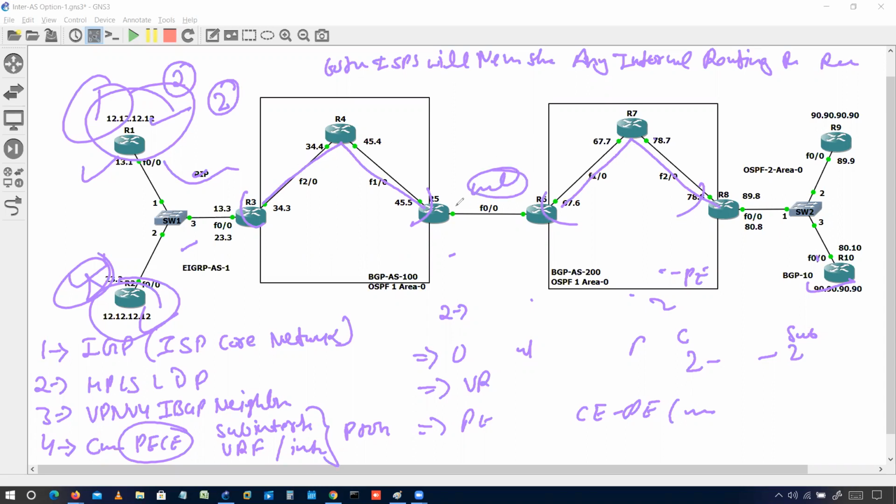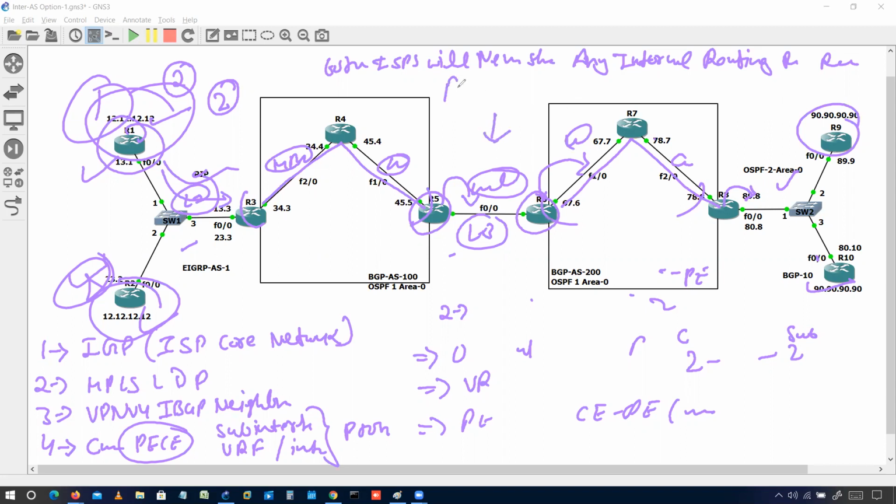So once this user tries to send data to this one, it will come here, where I'll have a layer 3 packet, but with some MPLS labels. Once R5 puts the data here, we'll have a normal layer 3 packet. Once R6 puts the packet inside this core, again it will have some labels, and finally out of the core there will be only a clean packet. It means over this link, between the PEs, we do not have any labels, right?